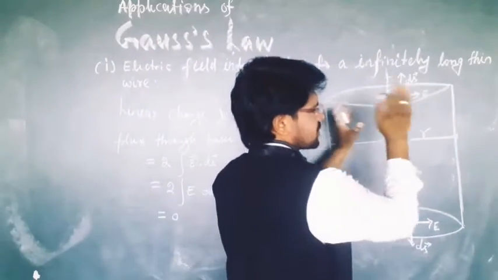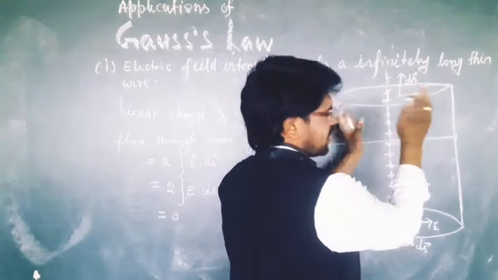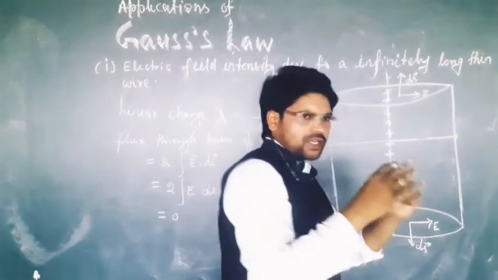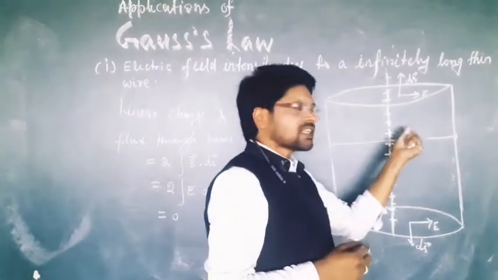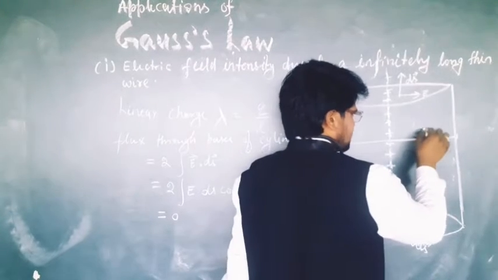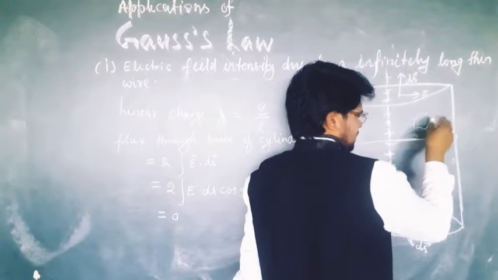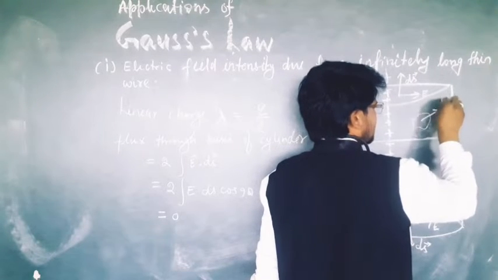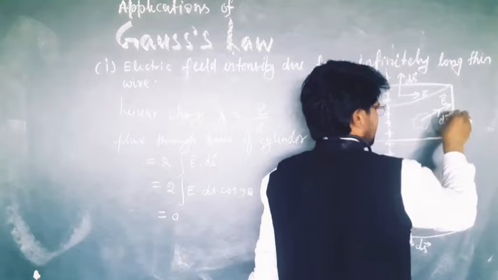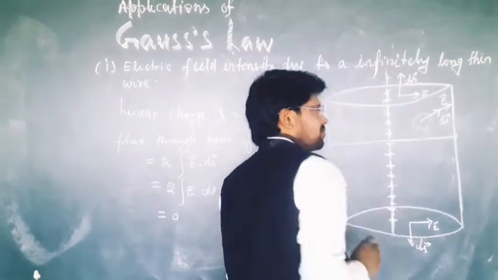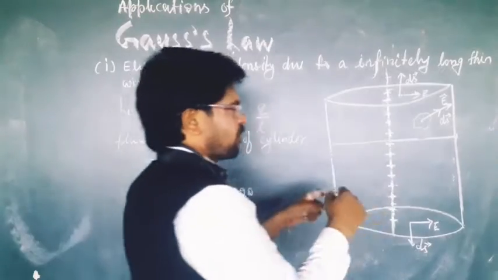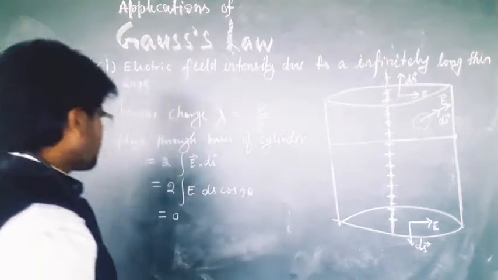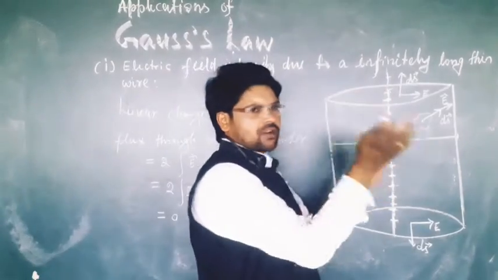This one is the curved surface of the cylinder. So at the curved surface of the cylinder, we have to calculate the electric field. At the curved surface, we know that for every solid body, the electric field intensity is always perpendicular to the surface. So ds and E are in the same direction. That is, the area vector and the electric field will be in the same direction at any point at the surface of the cylinder. Fine. So we have to calculate now what will be the flux through the curved surface.